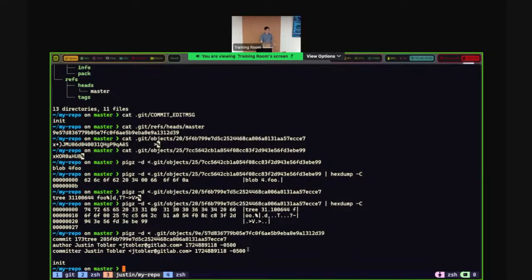Cool. Then we see some other information here, like who the author is. It's me, my email, committer information, and we of course see our commit message in here. So this kind of highlights exactly what each of the objects looks like. All right. So next one we're going to do is let's go ahead and